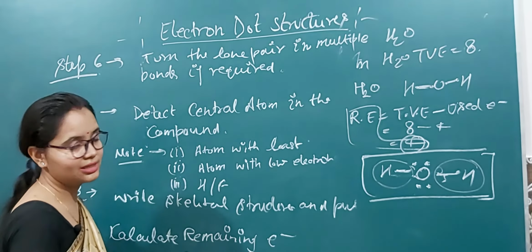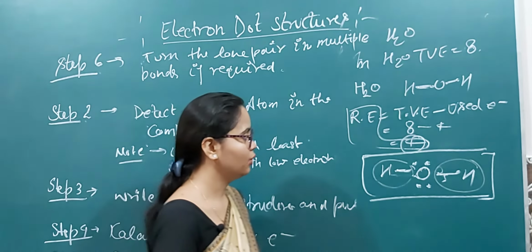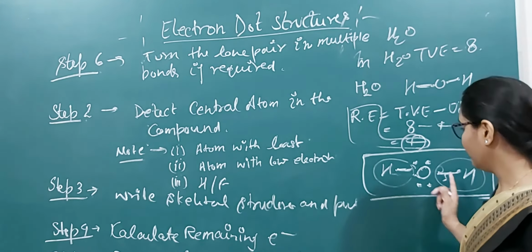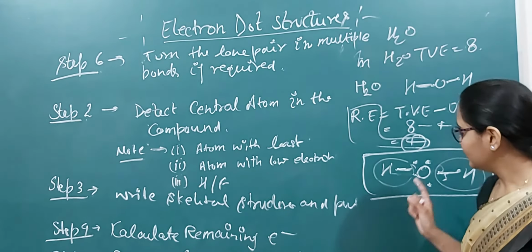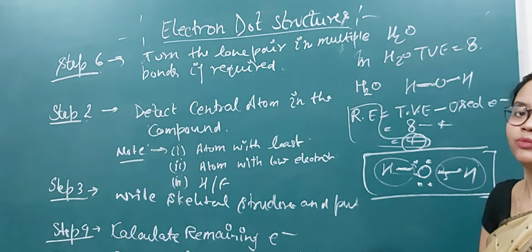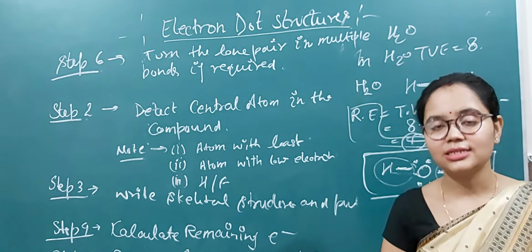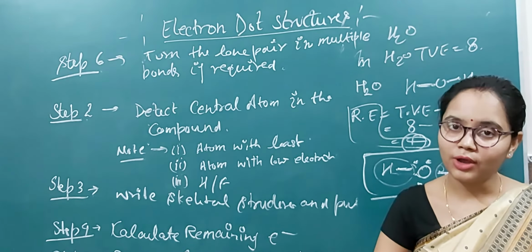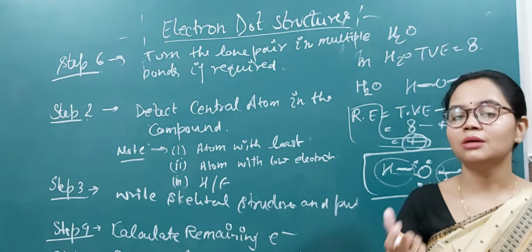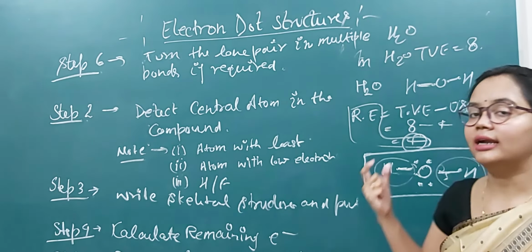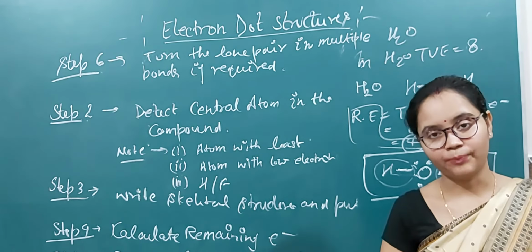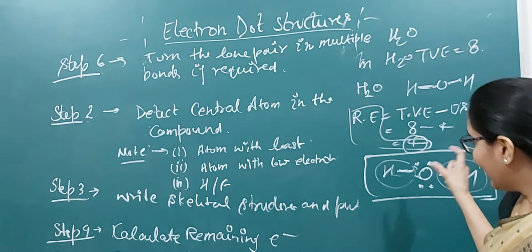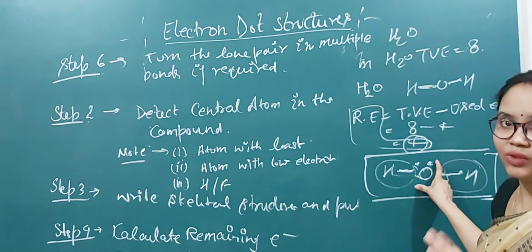Okay, so this is our 6th step. Now one more thing which I will tell you, that you should remember: the octet of corner atoms has to be completed, but for the central atom we have to break the octet rule, as the central atom can have at least 8 electrons and can also have more than 8 electrons. Okay, so in some examples we will see that the central atom will not follow the octet rule. So just keep this in your mind, that we have to provide at least 8 electrons to the central atom in any case.